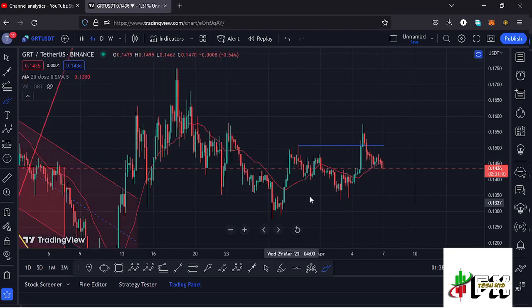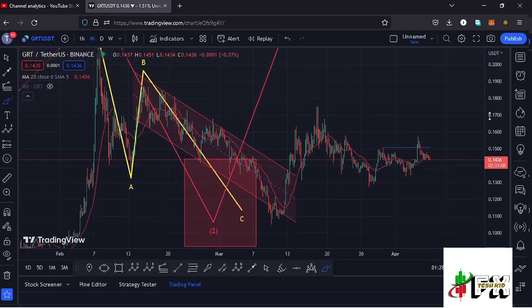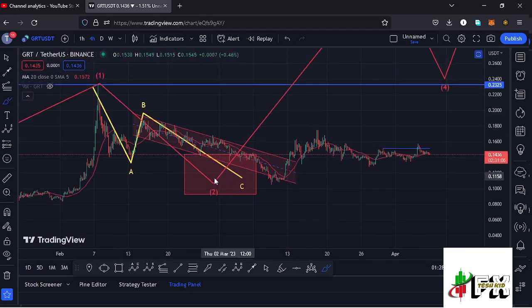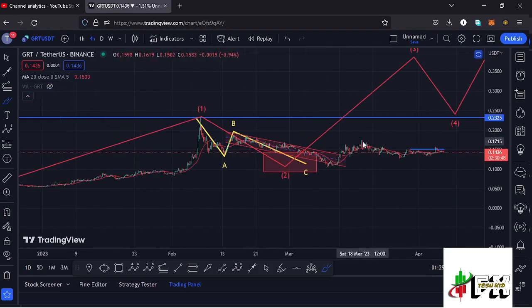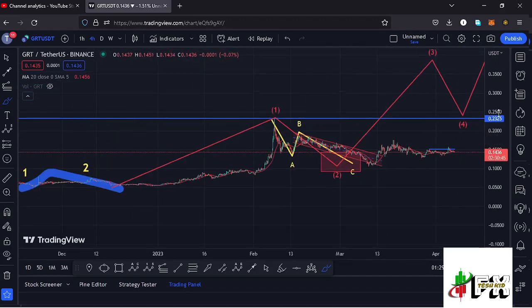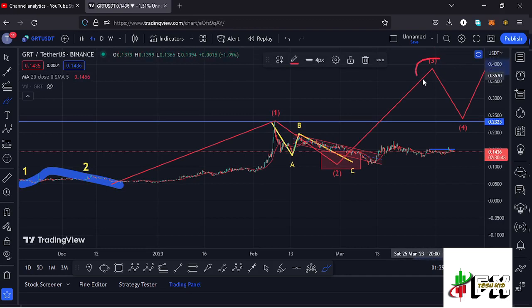We have also continued to obey the Elliot wave structures, where we had been seeing a bit of a breakdown to the lower side in the formation of this wave 2 in a move that managed to get into the minimum retracement area. And having managed to get into the minimum retracement area, I now believe that we have bottomed out in the formation of this wave 2, and whatever we are seeing at the moment is the start of a massive run up to the upper side in the formation of this wave 3,